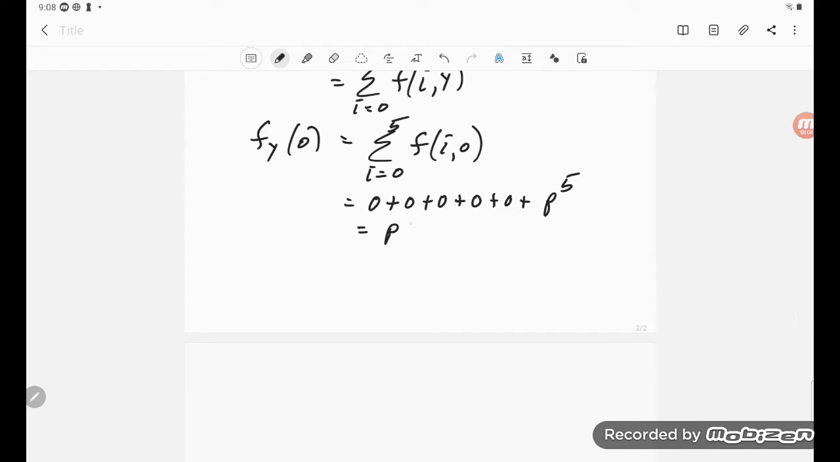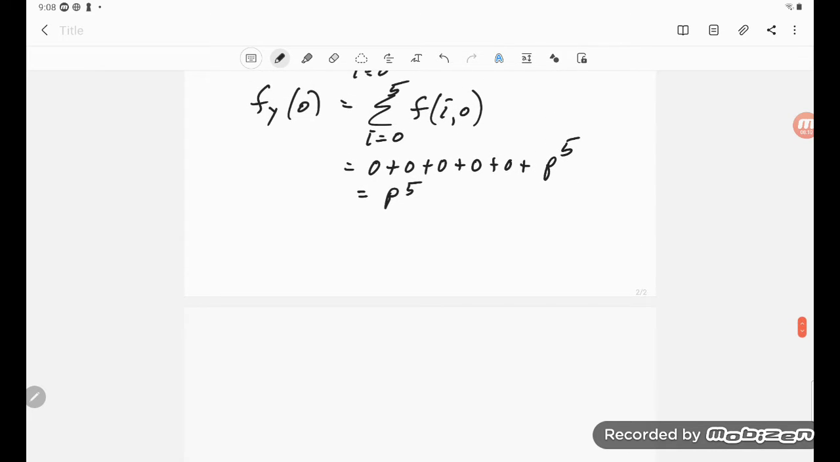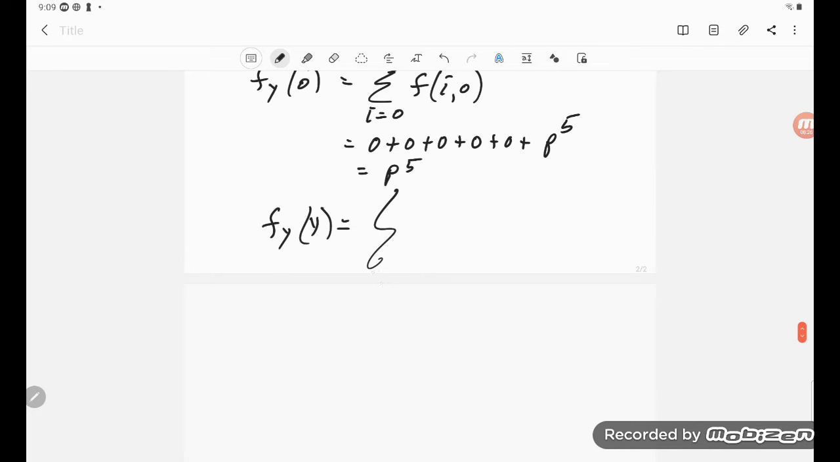And so we just get p to the fifth here. And similarly, we'll just get a repeat of what we had for f of x and y. So it's interesting here that if we write down our fy of y, and I'll finish this on this next page here, we get p to the fifth, 5p to the fourth q, 10 p cubed q squared, and this would be